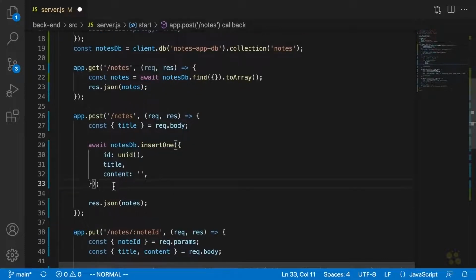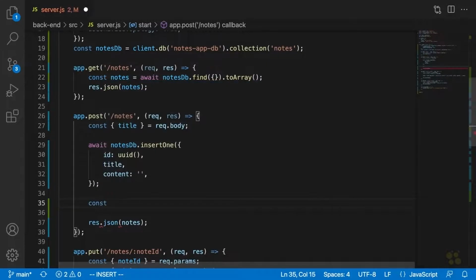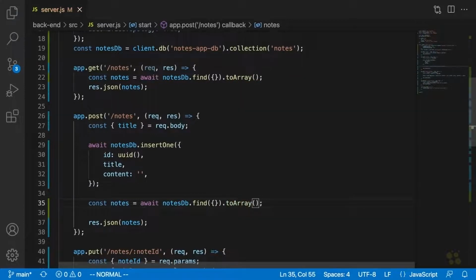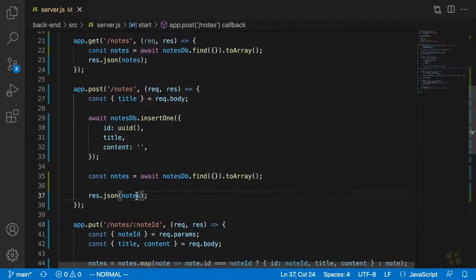And in order to send back the updated notes, which is currently what we're doing, what we need to do is actually load those again by saying const notes equals await notesDB.find.toArray. Okay, and then we're just going to send those back to the client. Now, you might want to make this a little bit more obvious by saying updatedNotes or something like that. I'm just going to change that there so that we know what's going on here and why we're loading the